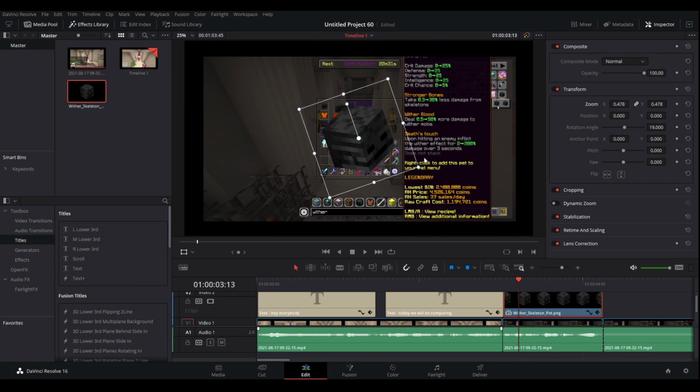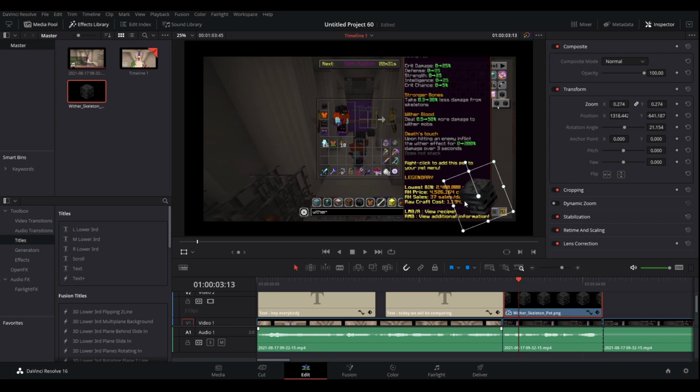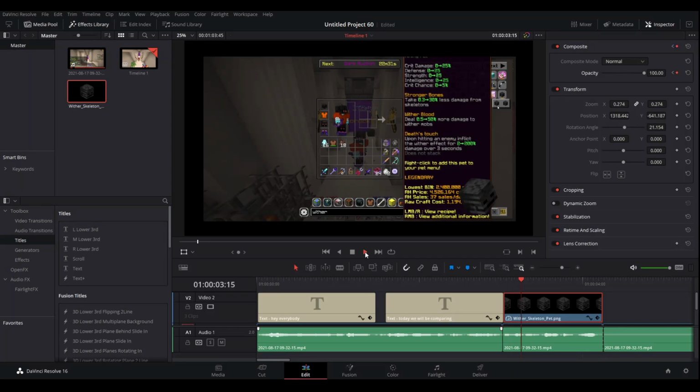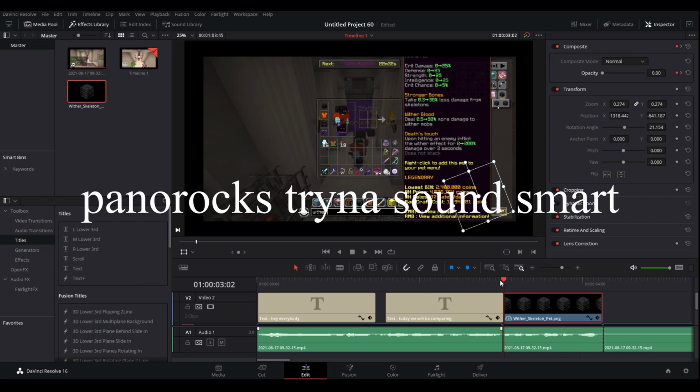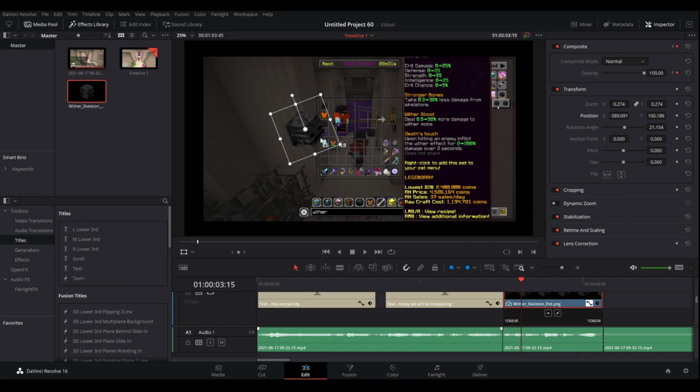Or you could use this and this. So we're going to make it spin onto the screen, which is going to be kind of cool. The wither skeleton pet. Alright, I got that fade now, and now we're going to want to do the spin thing. First off, we're going to have the trail of motion. By the time it's there, it should be